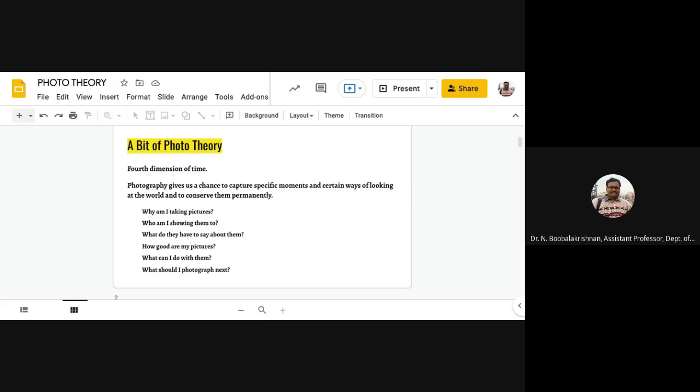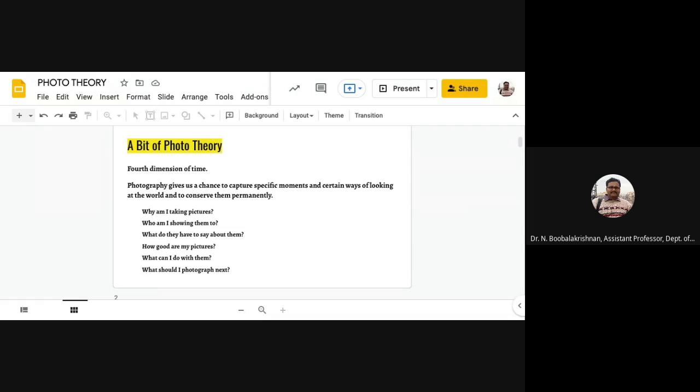The first question that should arise is, why am I taking these pictures? Who am I showing them to? What do they have to say about them? These questions should arise even before taking a picture and even after taking a picture. Just find answers for these questions.